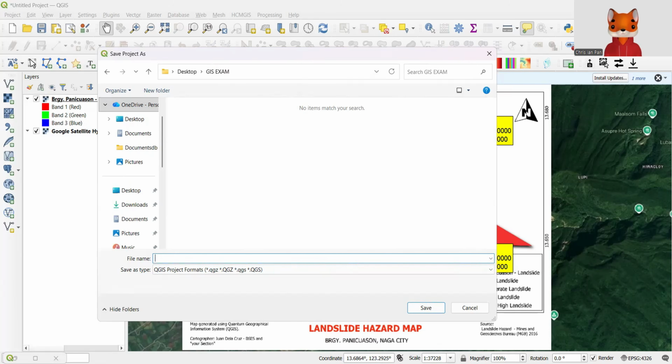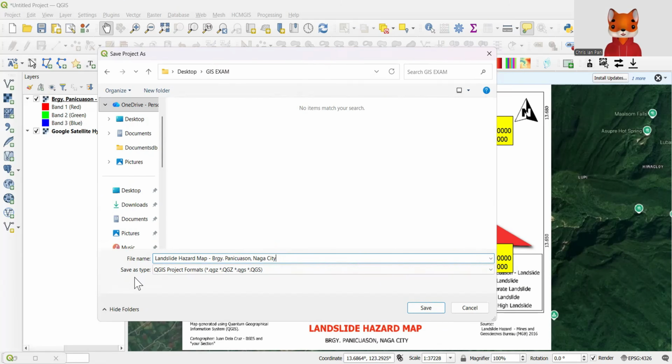landslide hazard map, Barangay Panikwasan, Naga City.